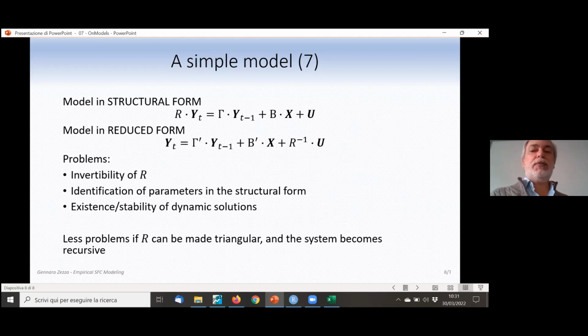And this implies that you have a nice model running smoothly, giving you a nice steady state. But when you shock the model by a small number, then the solution explodes,